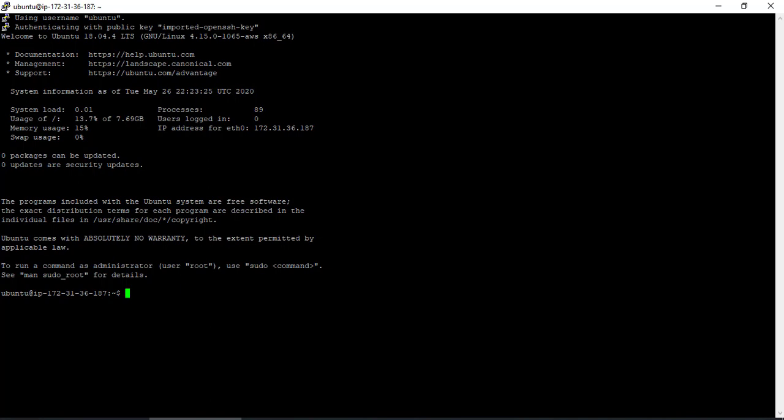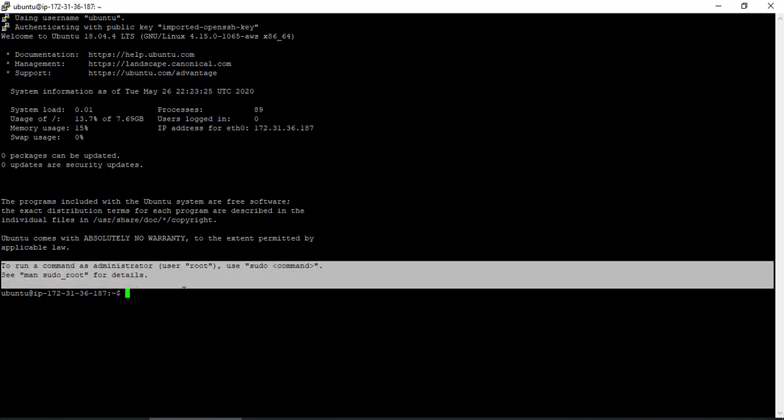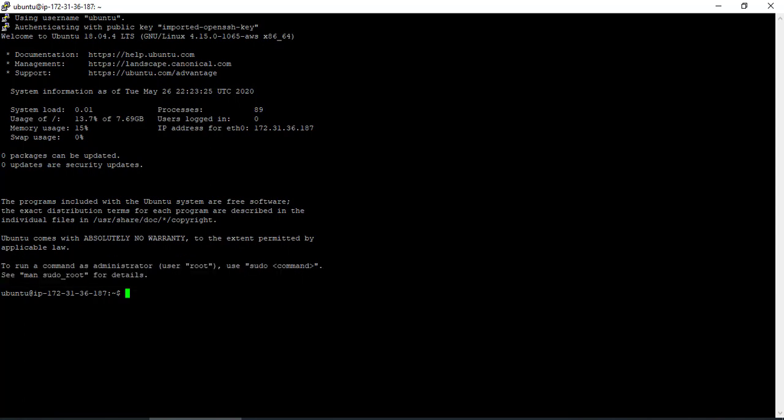Now, what exactly I have to do with the instance now? I have logged into Ubuntu server, right? Now, to run any command, you can see that is already written here. To run any command, you will have to run it as an administrator. So, to upgrade the privileges to administrator, there is a command in Linux called sudo su, super user. Sudo su will upgrade your access to a root level. Okay. So when I click on sudo su, now I have complete access to it.